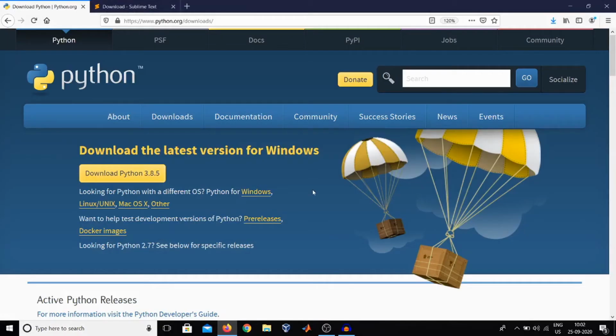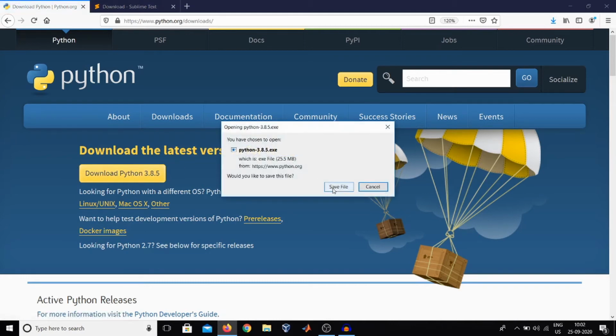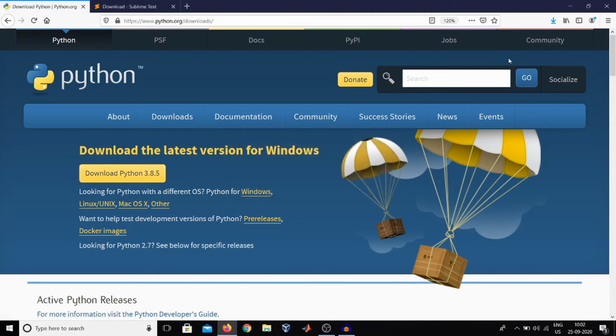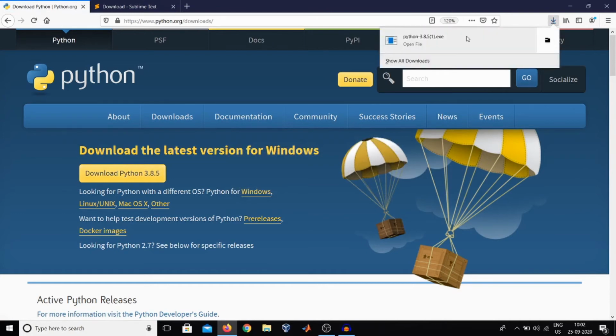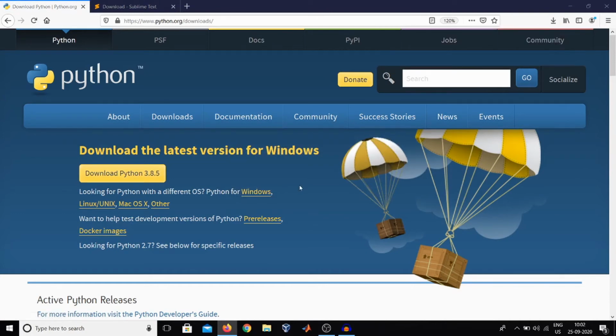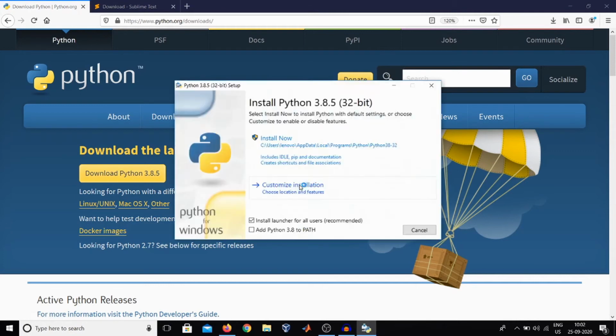So now I am on my Windows machine and I will be telling you the instructions on how to download Python and Sublime for Windows. Just go to the python.org downloads page and press this button, download Python. You get this file, press save file, and it will get saved in your downloads. Here I have it. Run this exe file. An important step is to check mark this box so that your Python is added to your path. Now when you are done with this, just press install.